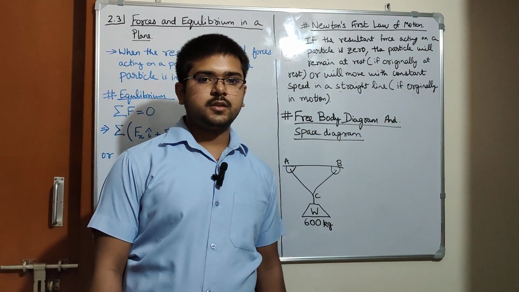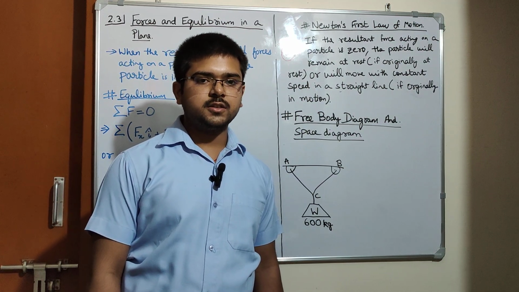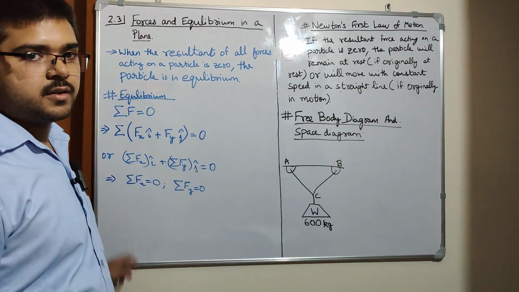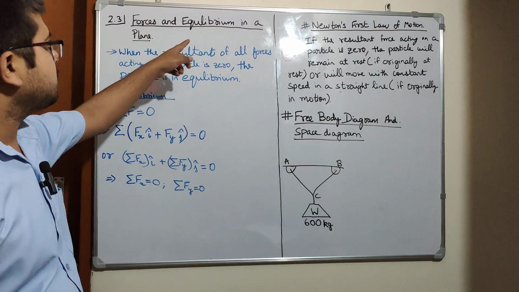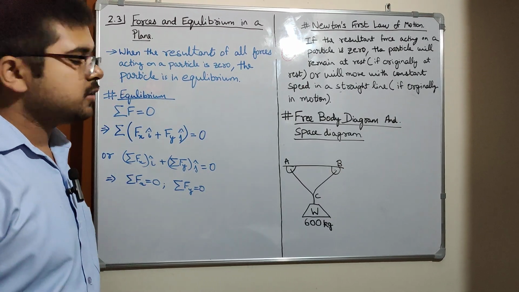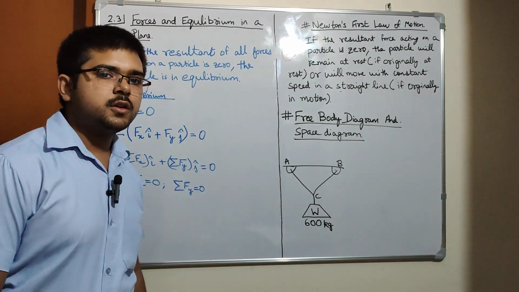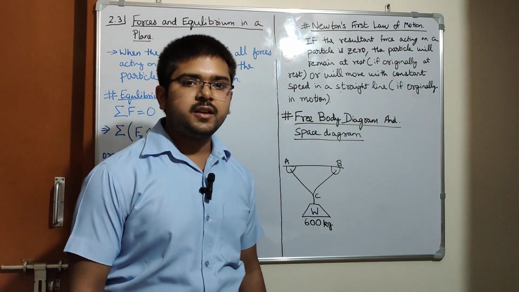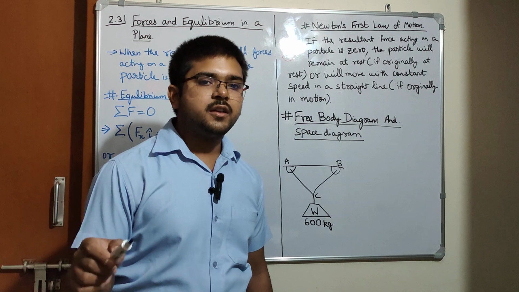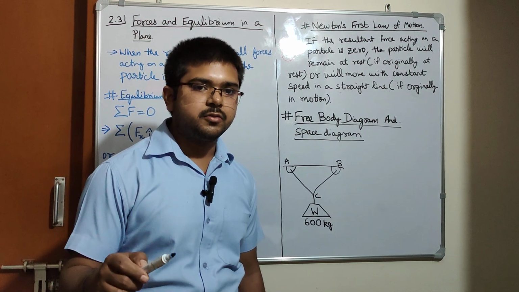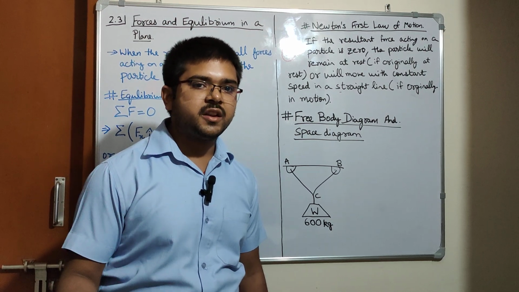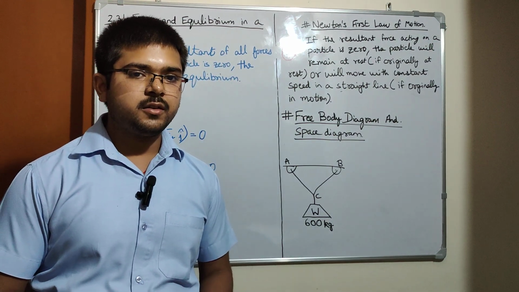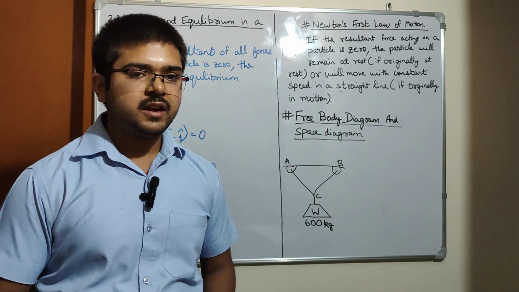Today we'll be continuing our theory lesson further with section 2.3, which is forces and equilibrium in a plane. Till now, the forces that we were studying and calculating had a resultant vector, and that resultant vector had a magnitude. But what if the resultant is actually zero? In that case, what will we do? So for that case,